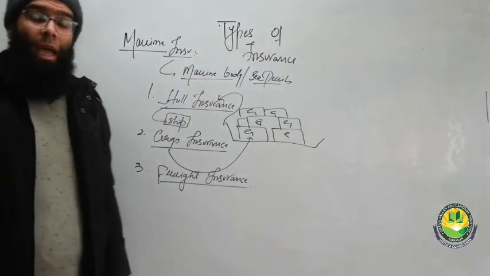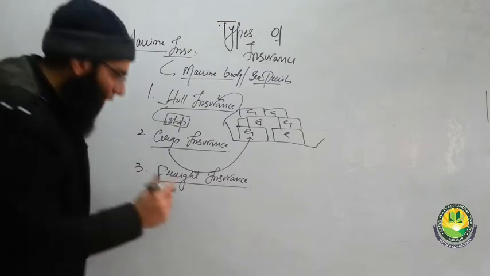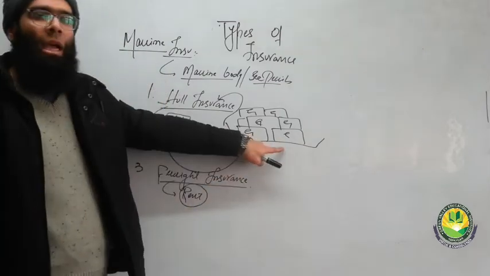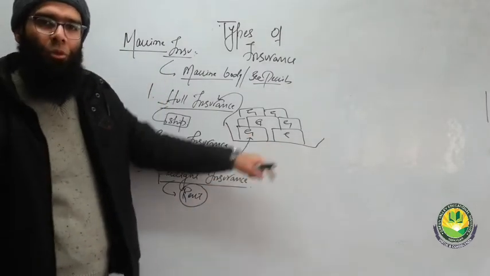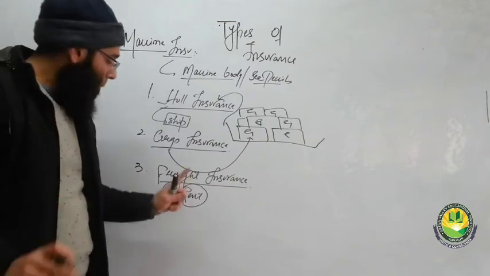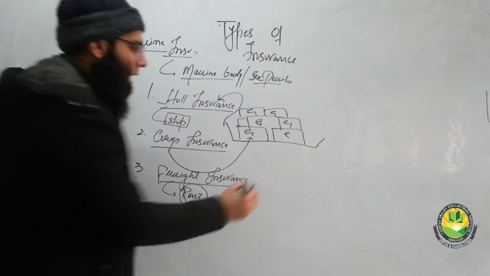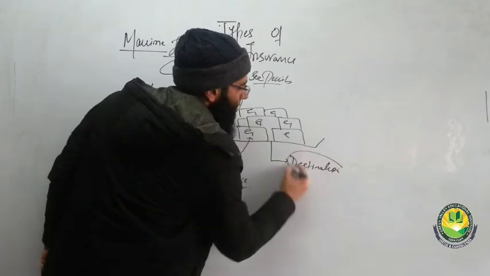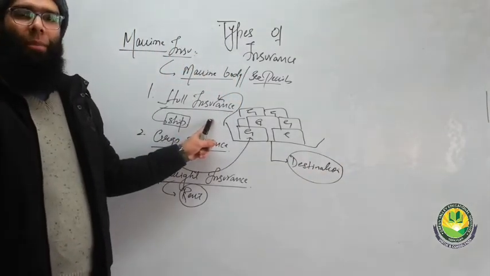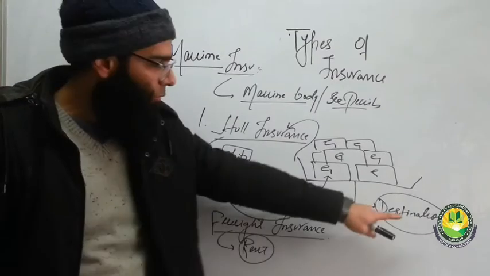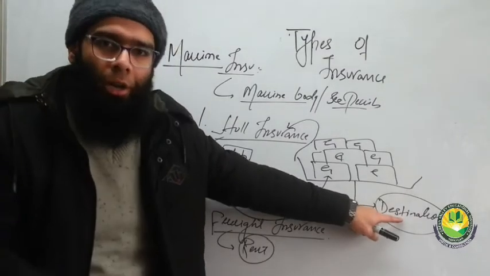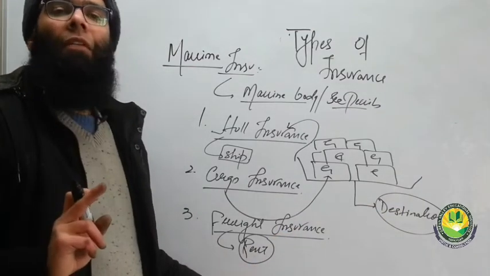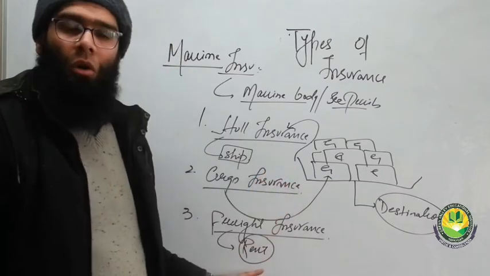Freight insurance is the insurance of rent. Freight is the technical term for the rent which is paid to the shipping company for transporting these goods from one position to another. So the freight or the rent will be paid only when the ship reaches its destination. In case the ship got damaged and the goods got damaged, the ship will not reach its destination. So if it does not reach its destination, the rent will not be paid. So again, the shipping company will have a loss. Their ship got damaged and now they don't receive any rent.